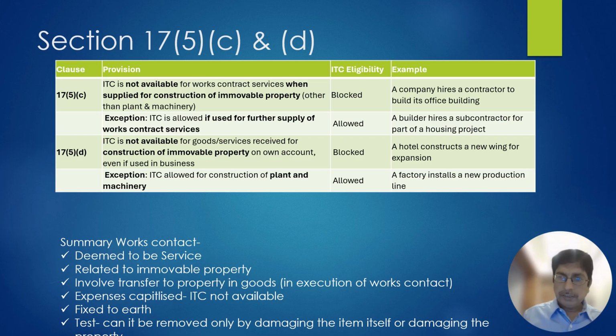If the works contract is related to plant and machinery, the GST credit is available. Plant and machinery means it is used for manufacture, it is fixed to earth, and that plant and machinery will be used for manufacture. In that case, the GST credit is available. I have directly given the summary and not gone through the